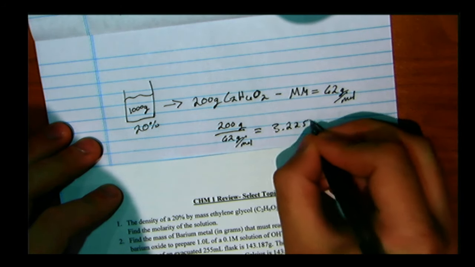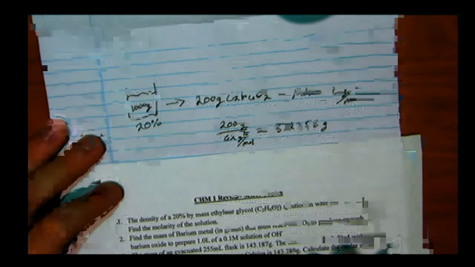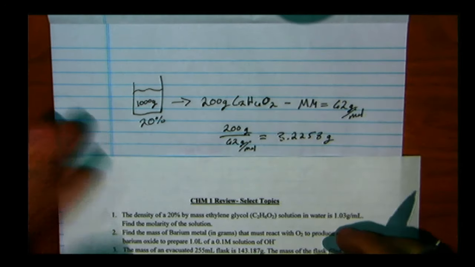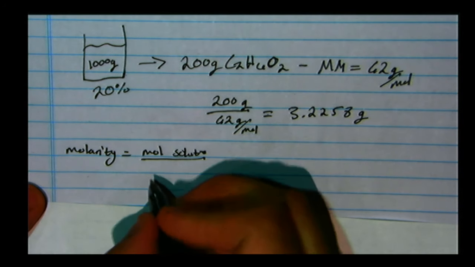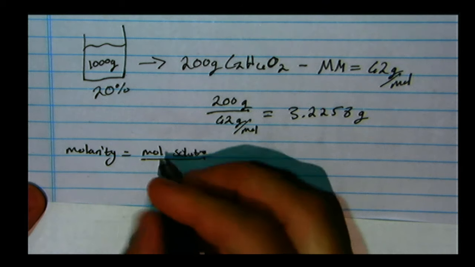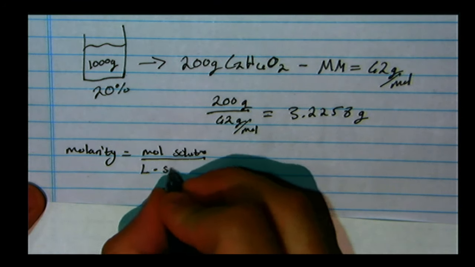All right. So now from here, they're asking for the molarity, yes? How do we define it? Is it an important difference? Yeah, so make sure you keep that in mind. So for molarity, we have moles of solute over liters of solution, all right? Because in this case, think about this. We have liters of solution. We have 1,000 grams, and they gave us a density. So in a minute here, we'll find the amount. But if we were talking about the amount of water,